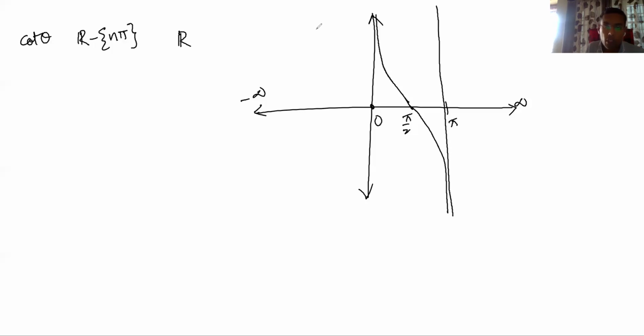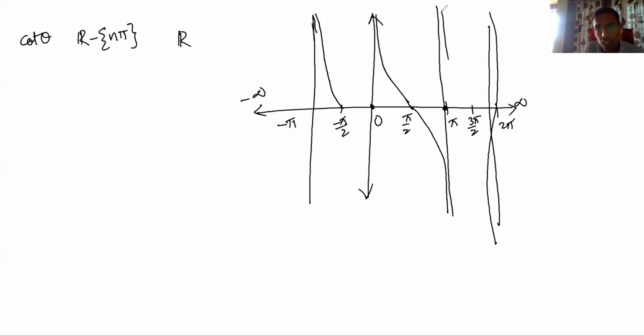This is 0, right? So then again here also, if I take minus pi, this is minus pi by 2. So it's going to be like this. In the third quadrant it is positive. Minus pi by 2 to minus pi is third quadrant. Here pi to 3 pi by 2 is third quadrant, and 3 pi by 2 to 2 pi is fourth quadrant. So this is going to be like this. Again here, third quadrant positive, fourth quadrant negative. Here also third quadrant is positive and this part is fourth quadrant. 0 to minus pi by 2 is fourth quadrant, minus pi by 2 to minus pi is third quadrant.